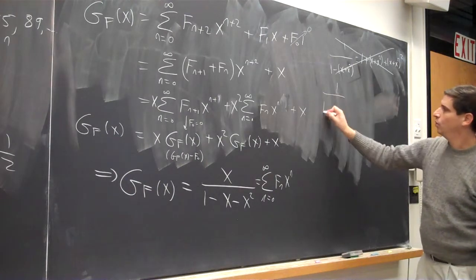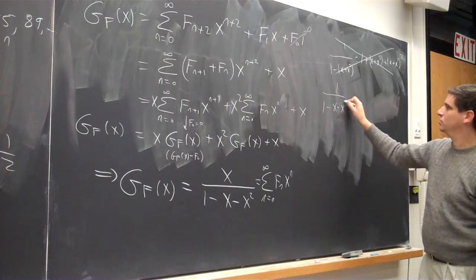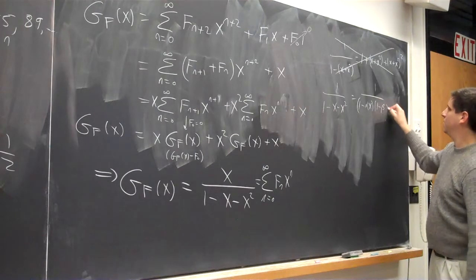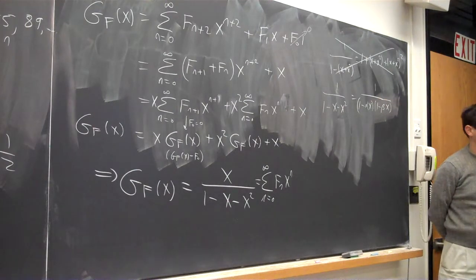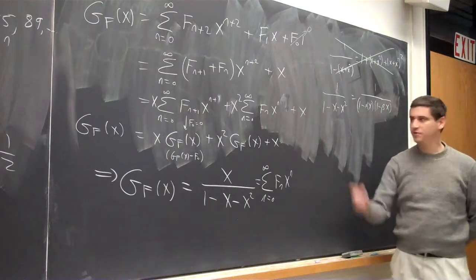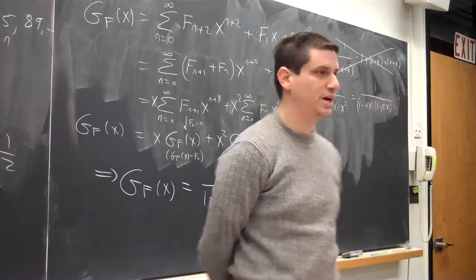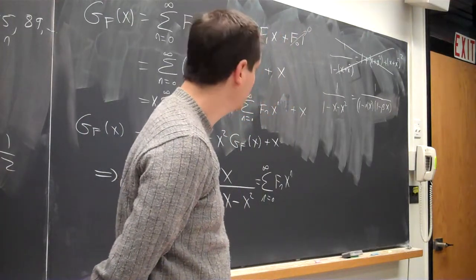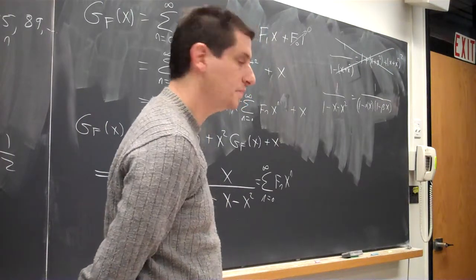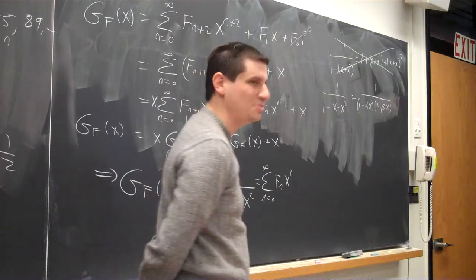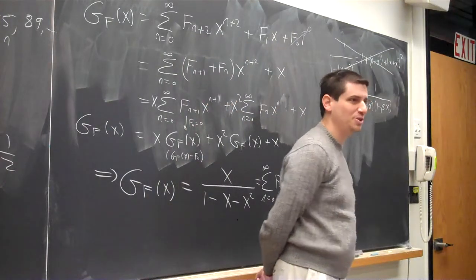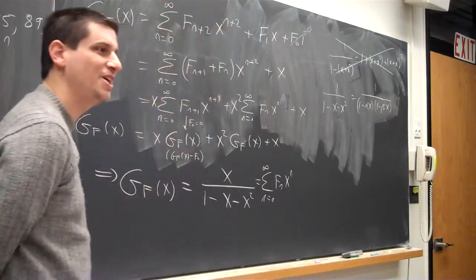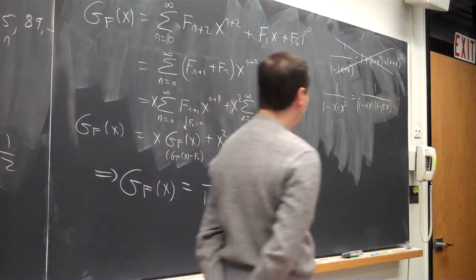You write 1 over 1 minus x minus x squared as 1 over 1 minus alpha x, 1 minus beta x. So you factor the denominator. And if you think about it, this is very closely related to the Fibonacci recurrence relation, and the golden mean. Yes? One of them will be positive, one of them will be negative, and they'll be related to the golden mean and the reciprocal of the golden mean. And so I will let you have the fun of factoring this and seeing the Fibonacci's golden mean come out. And now,